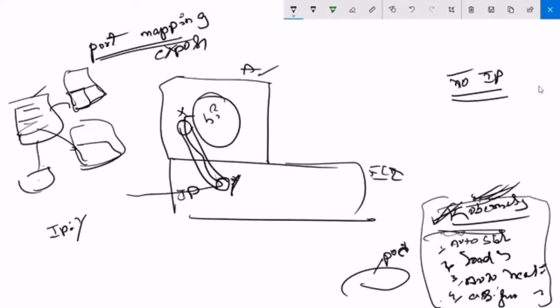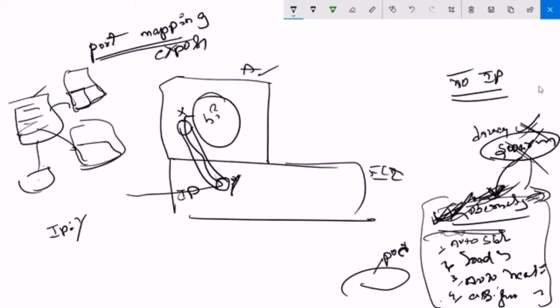And in Docker itself, we have a concept called Docker Swarm. By using that also we can do it, but no one is using it. Instead of this, everyone is using Kubernetes, like our competitors AWS and Azure. People are using Kubernetes because we have so many advantages in Kubernetes. That's why no one is using Docker Swarm. Understood, right? Kubernetes is a new tool. On top of Docker, we are going to install it.